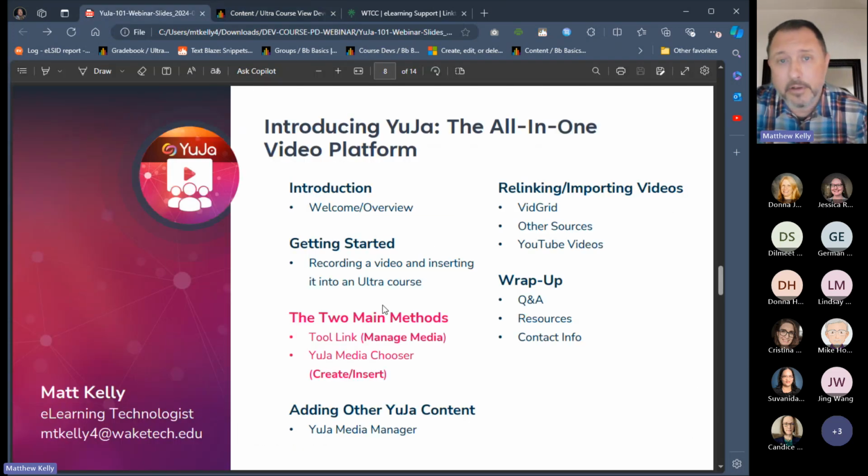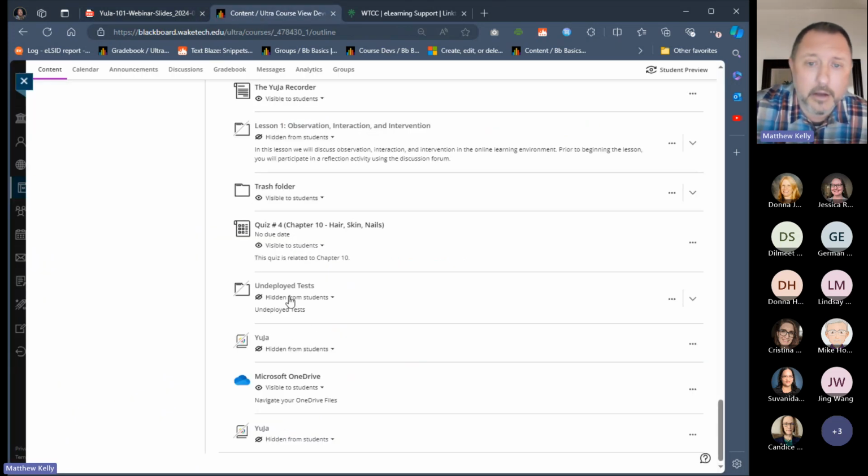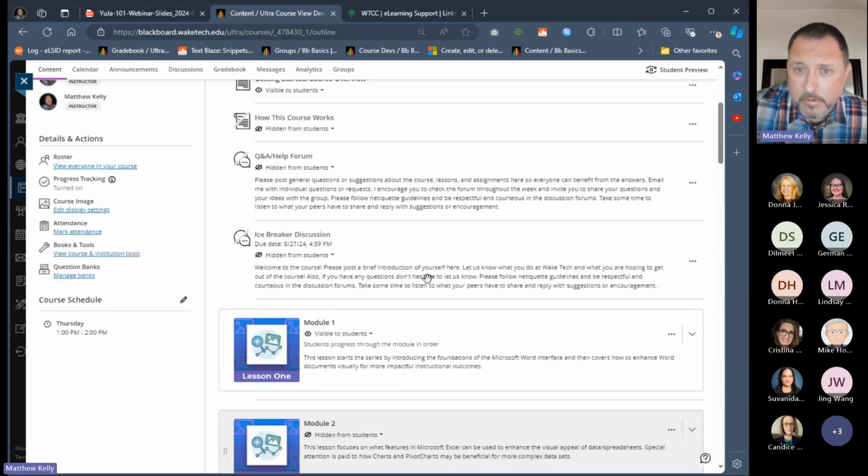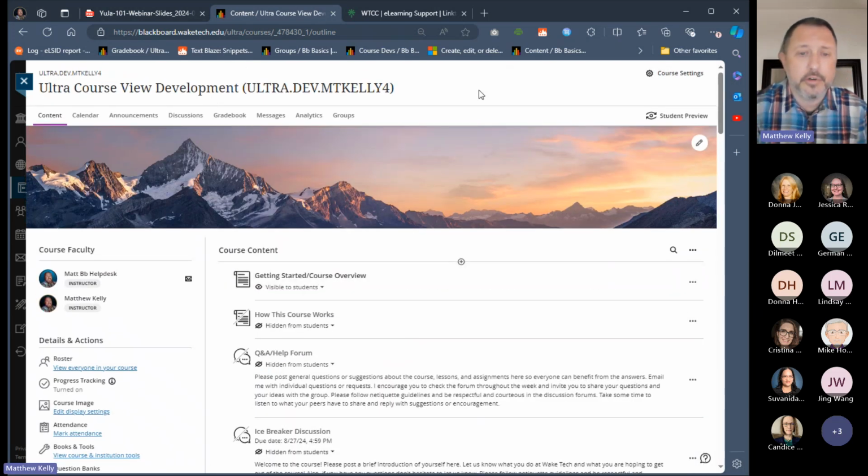So that's the first method. The second method is using the YuJa Media Chooser. And let's go ahead and take a look at how to do that. Now, the YuJa Media Chooser can be accessed almost anywhere in Blackboard Ultra where content can be added, text content and rich content can be added to an Ultra item.